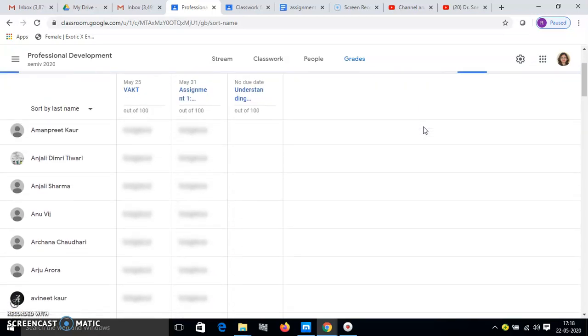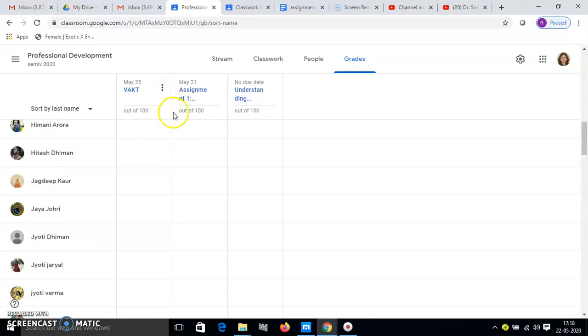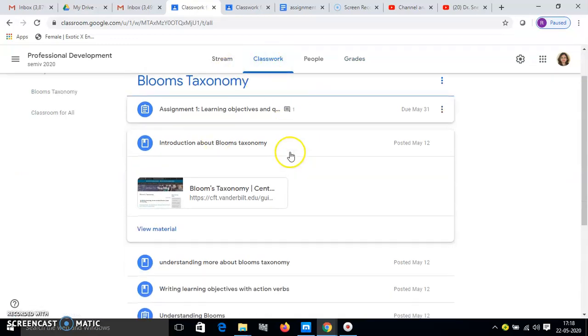It's taking time due to an internet problem. So here, this is the group I have created. My students are with me, and these are the assignments, and the work is yet to be checked.